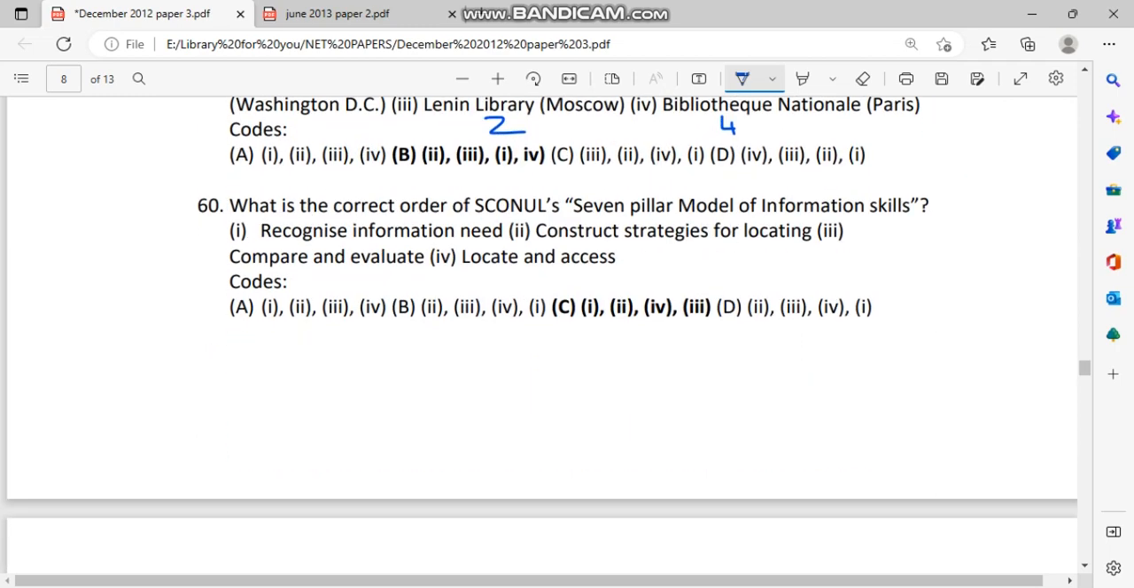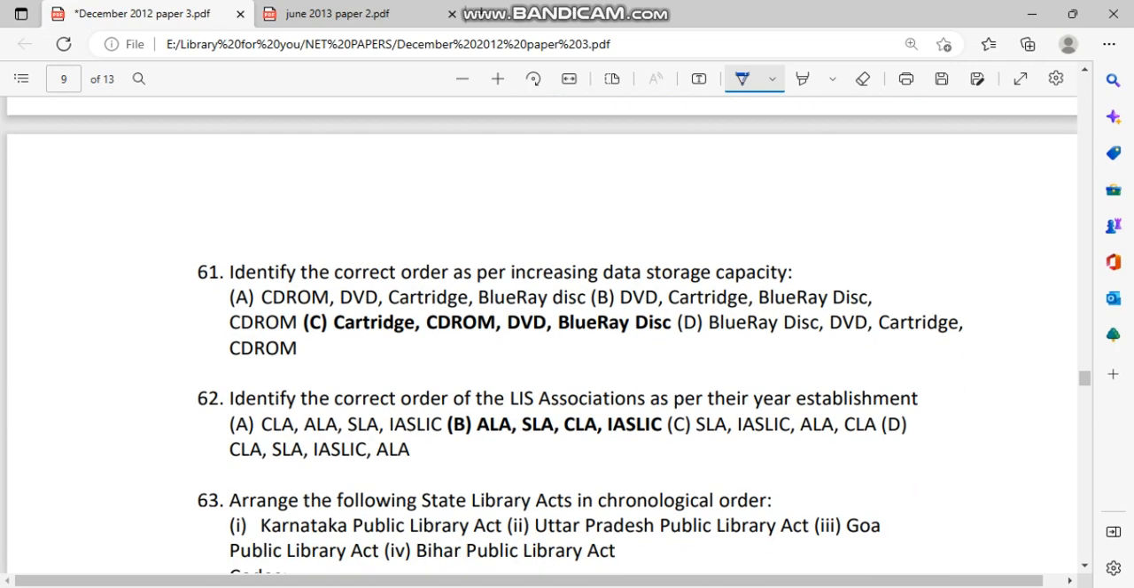What is the correct order of Cornwell's 7-pillar model of the information skills? That is, first, recognize information need, then construct strategies for locating, then locate and access, and last compare and evaluate it. Identify the correct order as per the increasing data storage